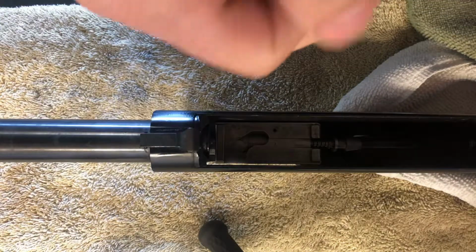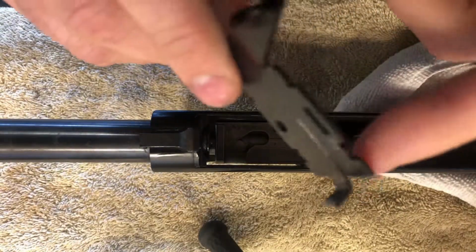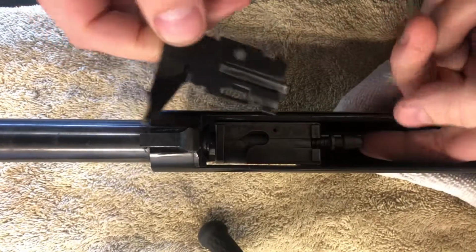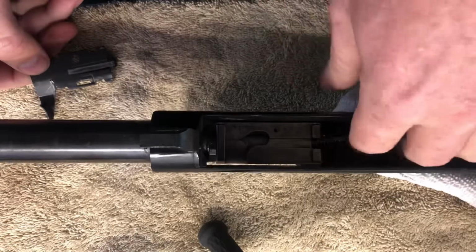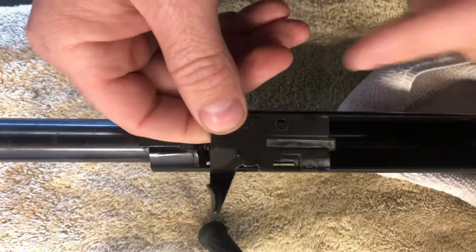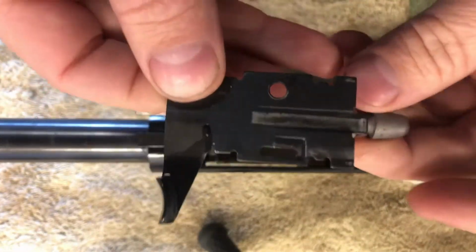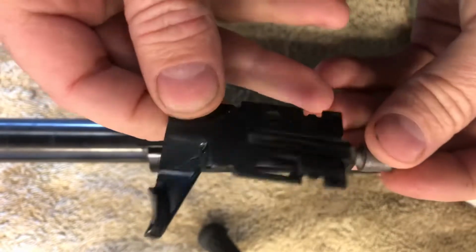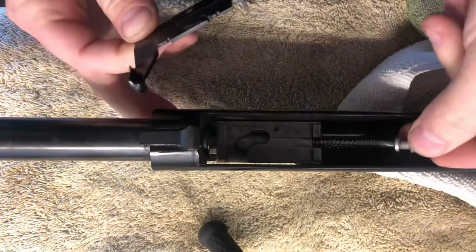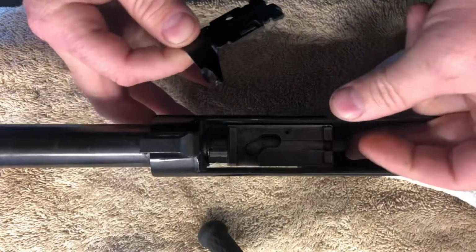The next thing we're going to put on here is the charging handle. So on the bottom of this charging handle, it has this little angle. And what that's supposed to do is, here I'm going to have to pull this back out now that I got this in here. So this charging handle screws to the top of the bolt with a little screw, and it holds this firing pin in. This little angle holds that in there. So what you have to do is get this in here, hold that in,